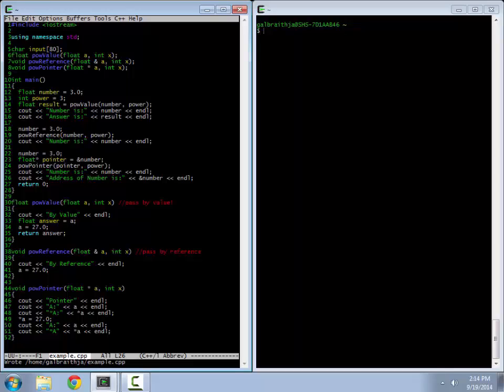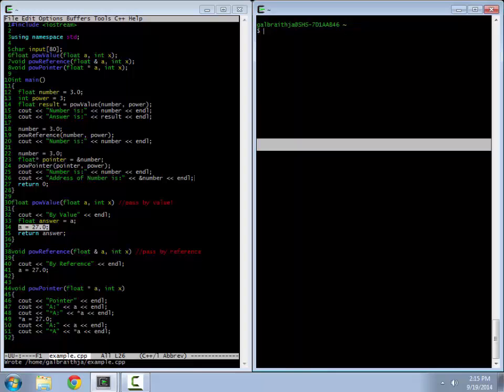So to begin with, passing by value. When I use parameters that are just the type and the name, so float a, int x, what happens is when I actually call this function down here, I get an answer. For example, let's say my answer is a. Obviously that's not power. I'm not showing you how power works, but this is an example of how by value works. If I return that answer as a float, I get that back up here because I'm assigning my result to that thing. But notice that if I take this float a and assign it a value in the middle of this, so 27, and I run this code,